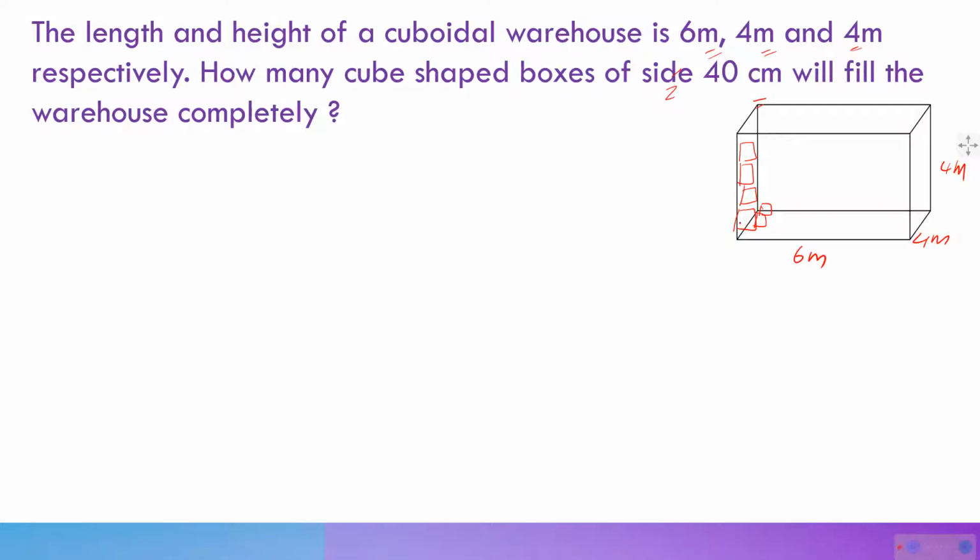For that, in a larger volume, the volume of the warehouse, how many such small volumes can be occupied? So we need to find out the volume of the warehouse and the volume of the small boxes and find out the number. So there are 3 stages for the problem to solve. First phase is to find the volume of the warehouse. Then we have to find the volume of each small box. After getting both these, we can go for finding out the number of boxes that can be